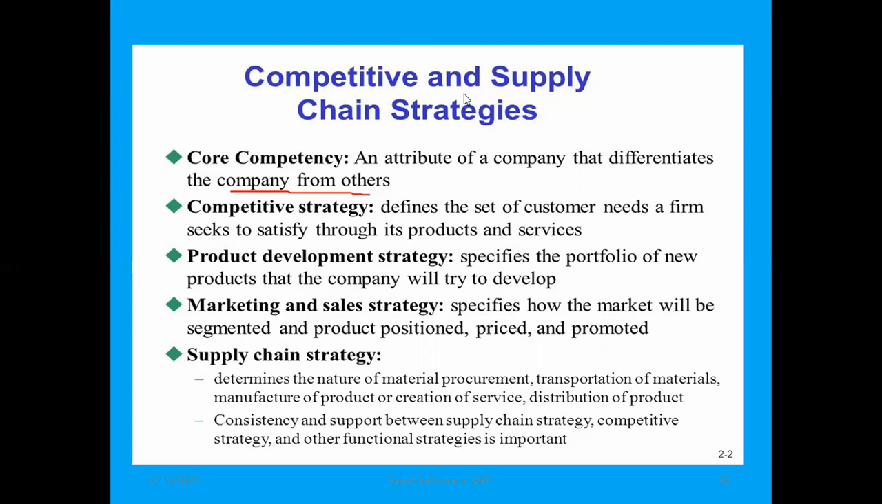Right, product development strategy. Next, marketing and sales strategy. What is the meaning of marketing and sales strategy? It specifies how the market will be segmented and the product positioned, priced and promoted. So marketing and sales strategy means,